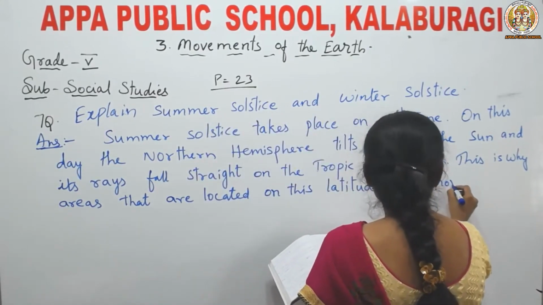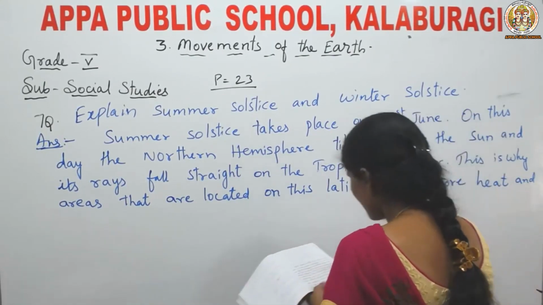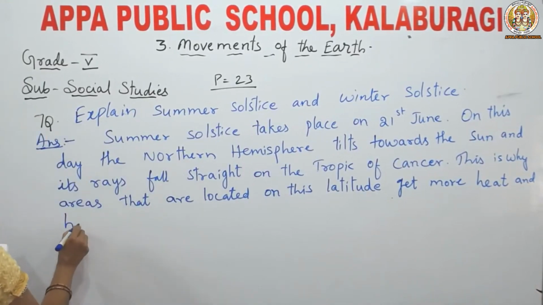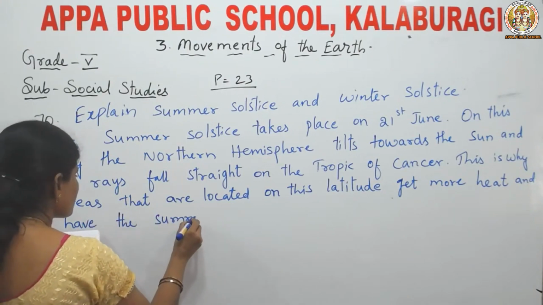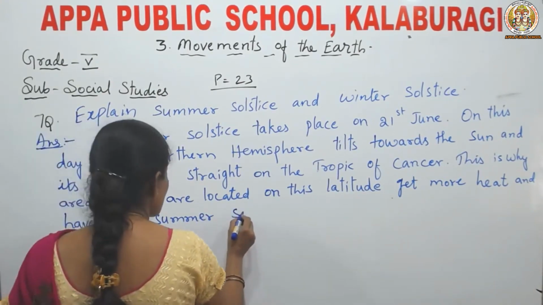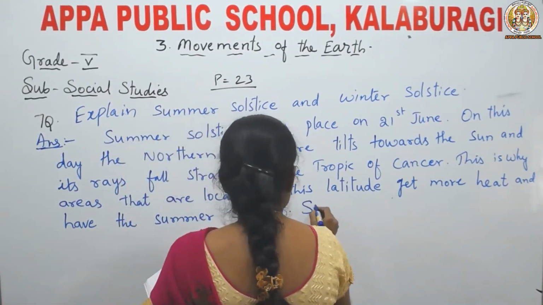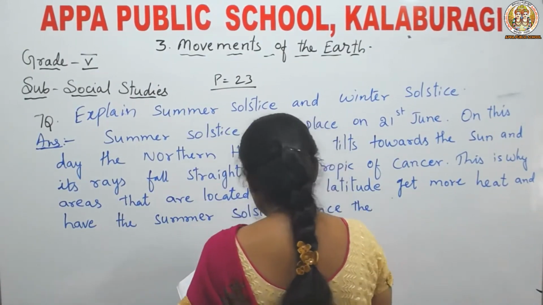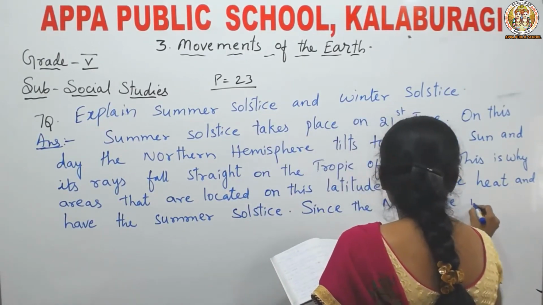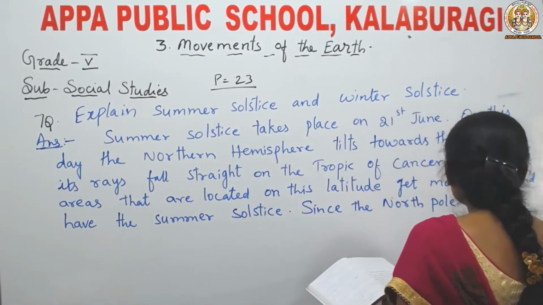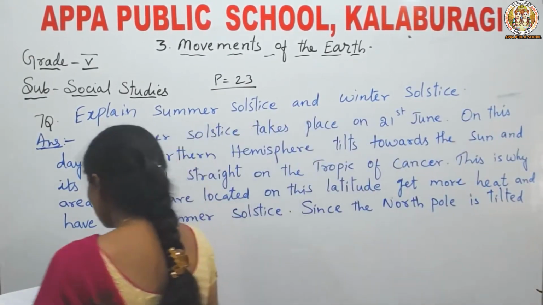get more heat and have the summer solstice. Since the North Pole is tilted towards the sun,